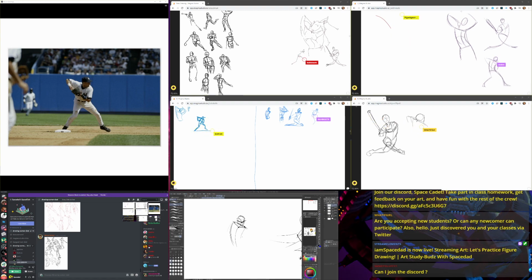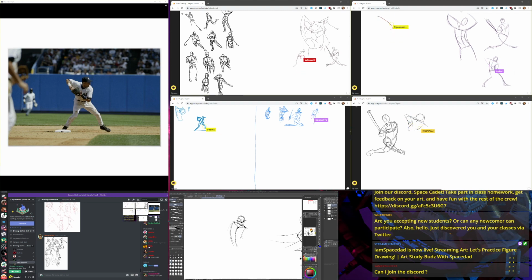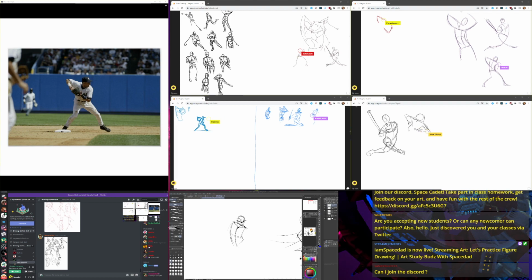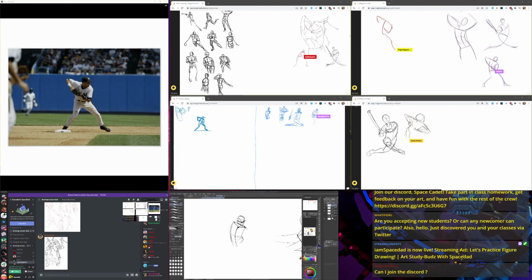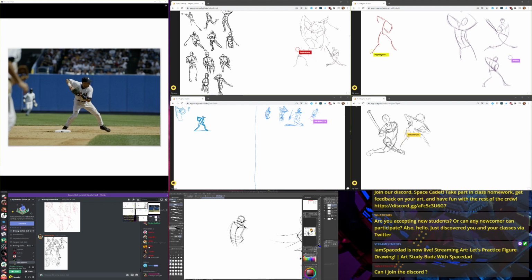So his torso, the top of it is tilted towards us. It's gonna be smaller, kinda. And especially that last one. His pelvis appears to be tilted a little bit more towards us too. But not too much. I think it's a little bit more straightened off than his upper torso is.